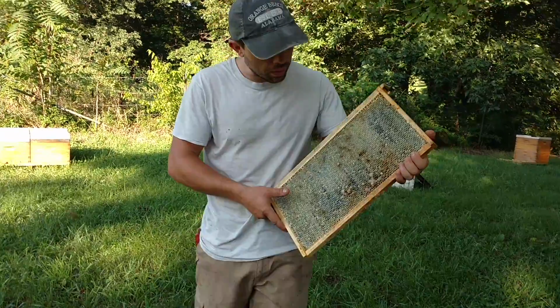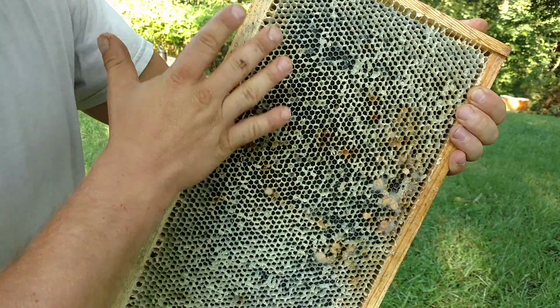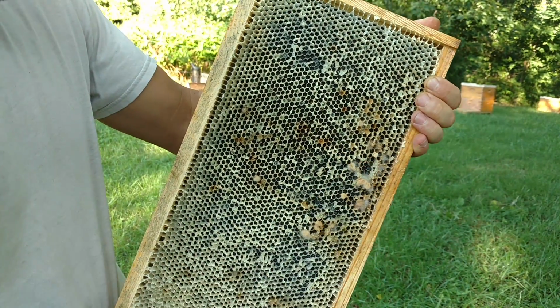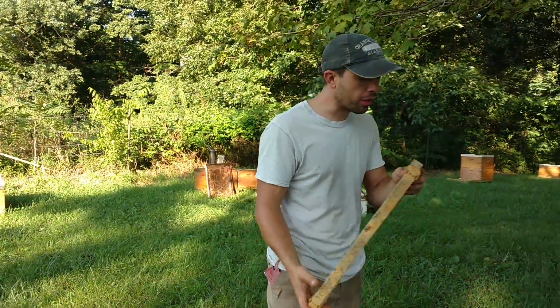Check out this mold right here. It's where there was bee bread down in those cells after we uncapped the honey from here, and this mold's growing into it. Fantastic. And there are a lot of folks, if you post a picture of this on Facebook, they're going to